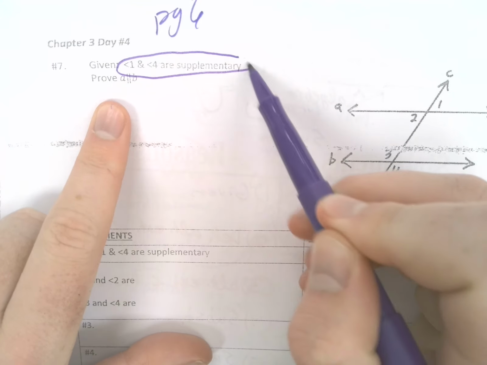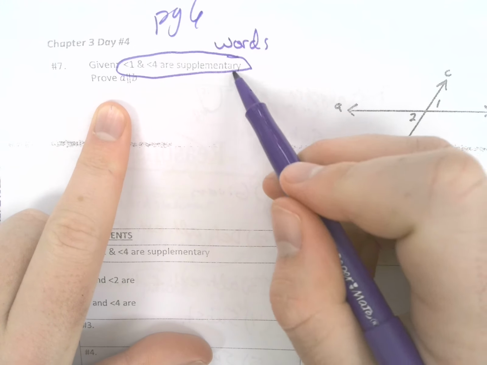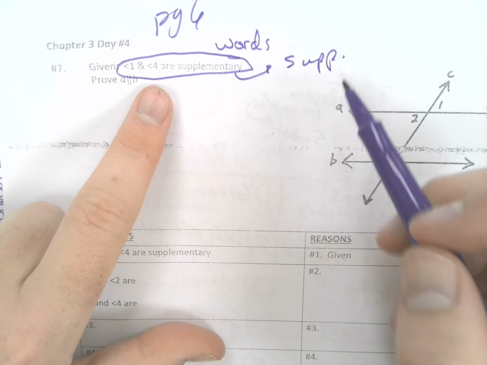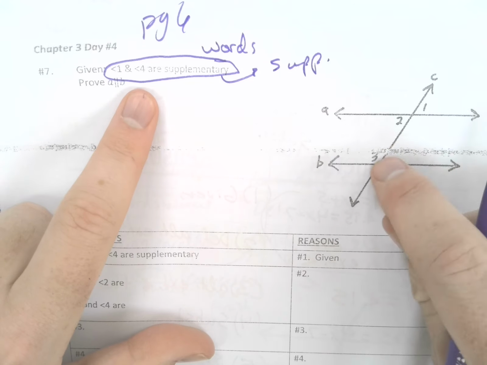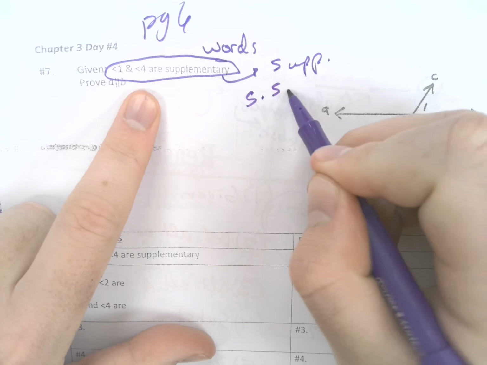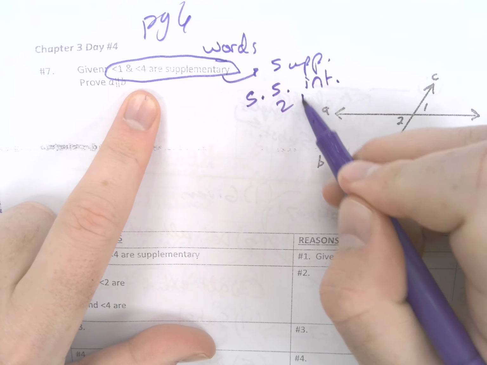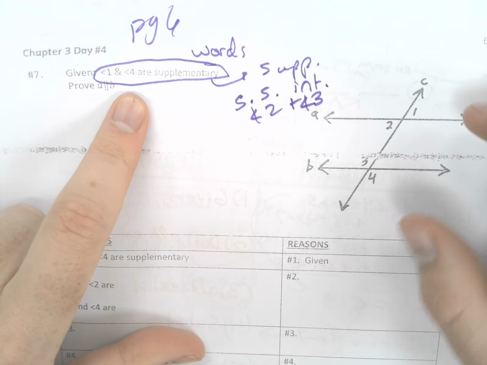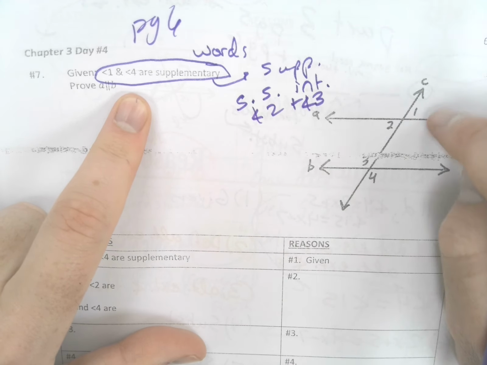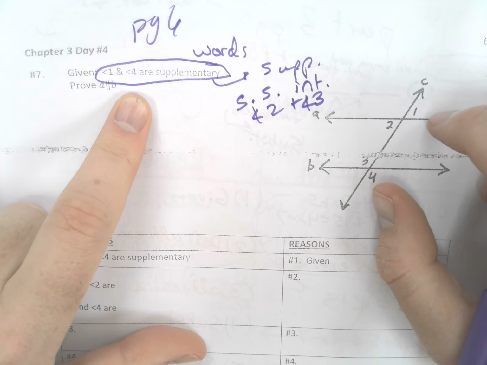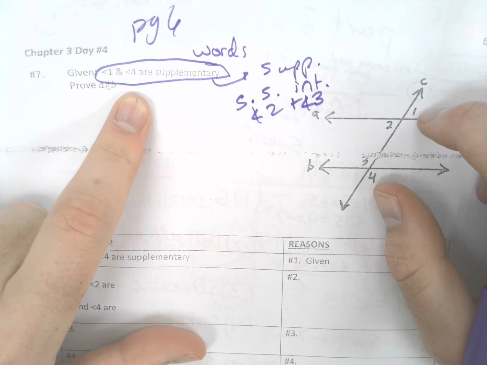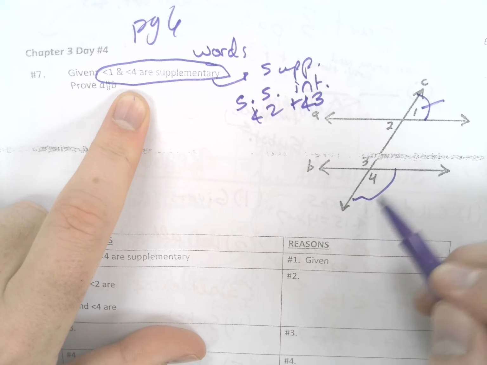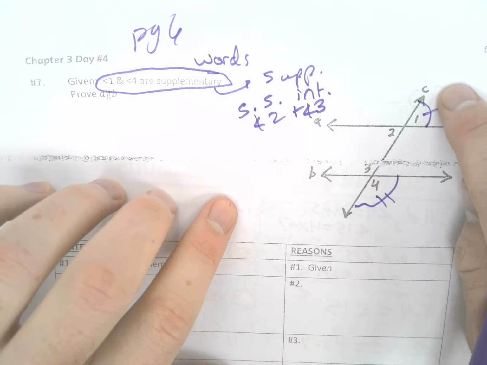Well, we got words. I see sup. What kind of angles often are supplementary? What kind of relationship? Well, 2 and 3, check it out. I see same side interior angles with 2 and 3. What else do you guys see? I see angle 1 and 4. Now, angle 1 and 4, these are same side exterior. That's not a thing here. But we do know that 1 and 4 are going to be supplementary. So they're not going to be equal, but they are going to be